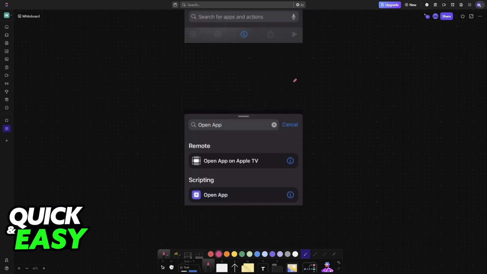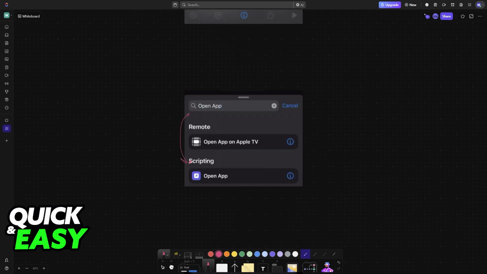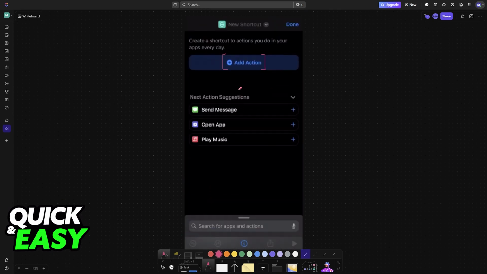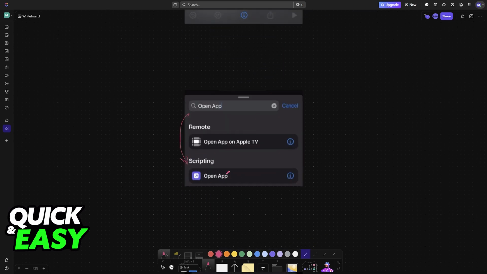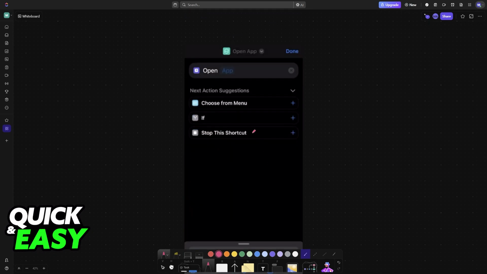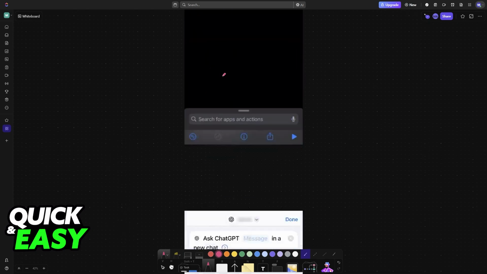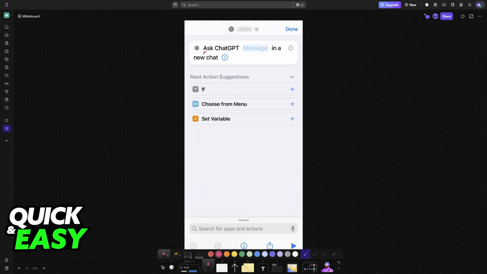So we're going to be doing an action that opens an application when you do a voice command. So when you choose add action after tapping the plus sign, under scripting, choose this option here, open app. And now you have to set it up to where it opens or asks ChatGPT a message in a new chat. So as long as you choose ChatGPT as the application and you set up like this,